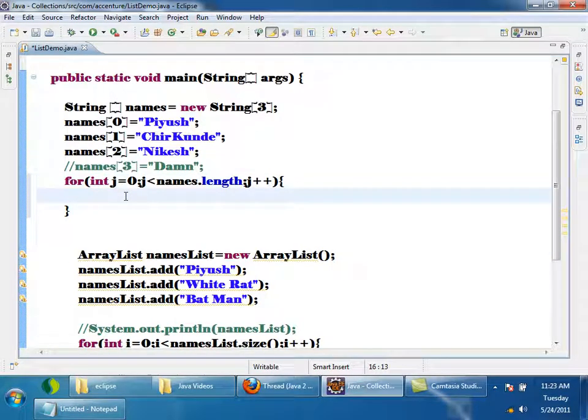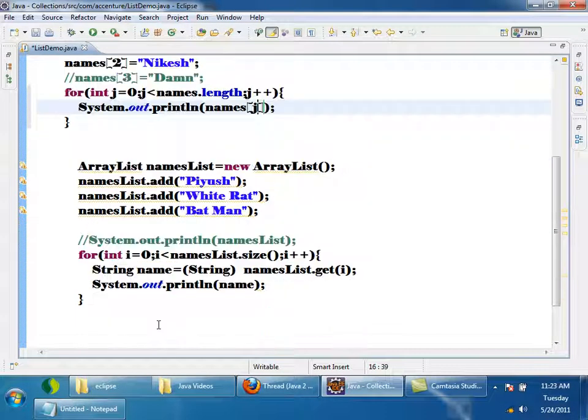Then if I want to access it, System.out.println names of j. This is a way to iterate over an array, and this is a way to iterate over a list or a collection simply.